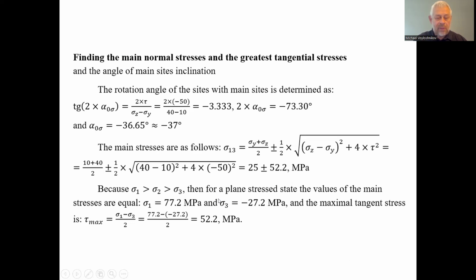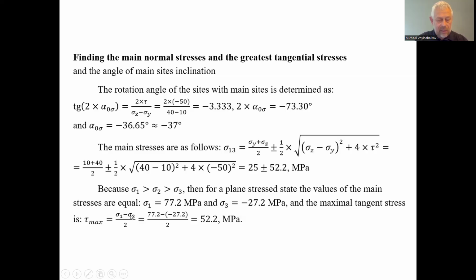In the intermediate between 77.2 and minus 27.2, we have 0. That is sigma 2, in the direction of the abscissa axis. Let me repeat, the normal stress is equal to 0 due to the assignment of the flat stress state. So now it's very easy to find the maximal tangential stress, equal to 77.2